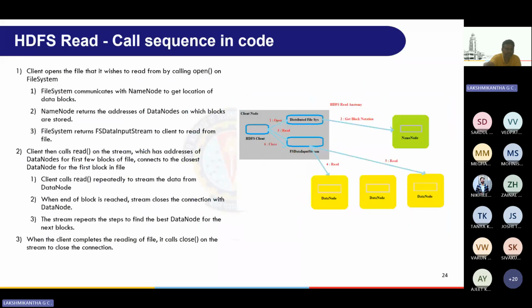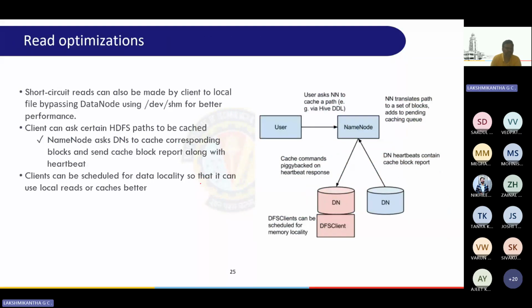Then, yes, guys, I will jump to read optimization. This is another very, very important concept, so I have to explain it quickly. Look here, everyone. There are a couple of optimizations that can be used for HDFS reads. The very first one is short circuit reads. What this means, guys,